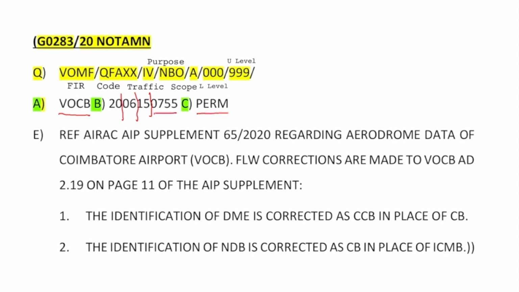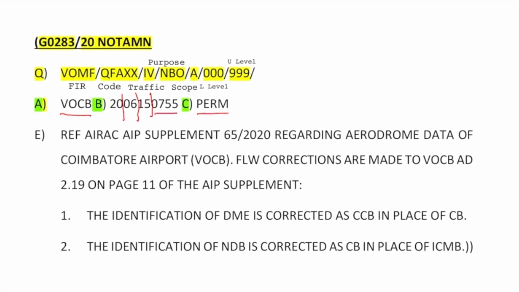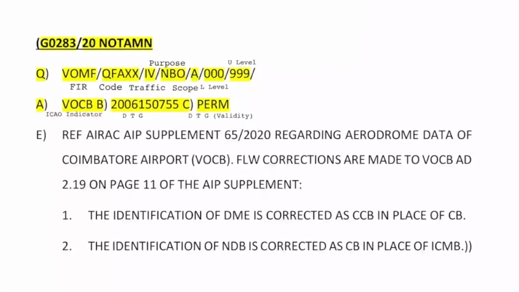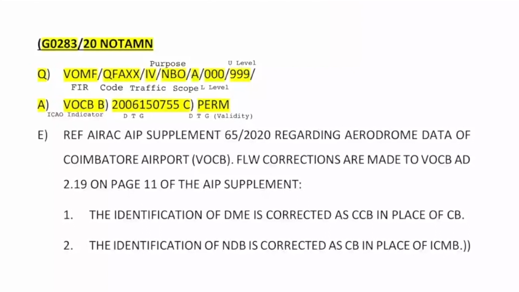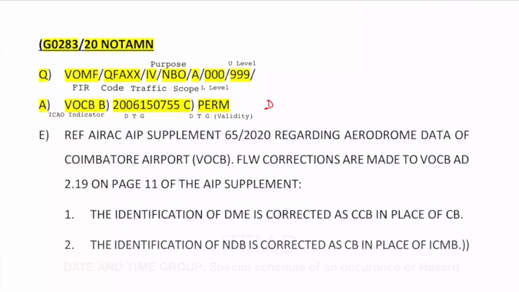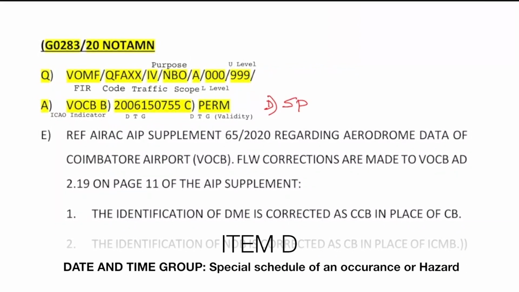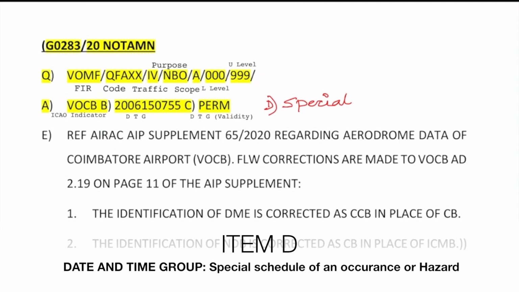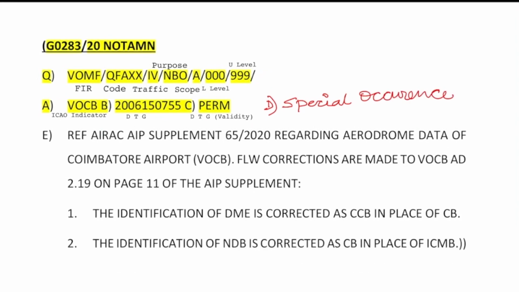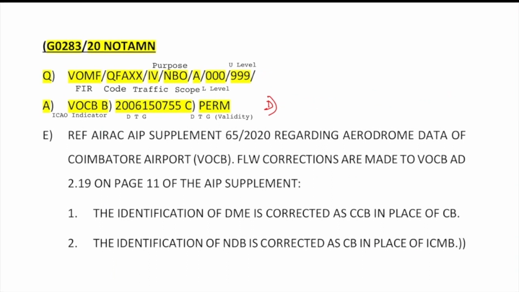That would entail estimated time for it to be effective or active. Before moving on to item E, there is an item D. This defines the date and time group and denotes special schedule of an occurrence or a hazard. Since this item is not needed for aerodrome operation, that's why it is not mentioned.